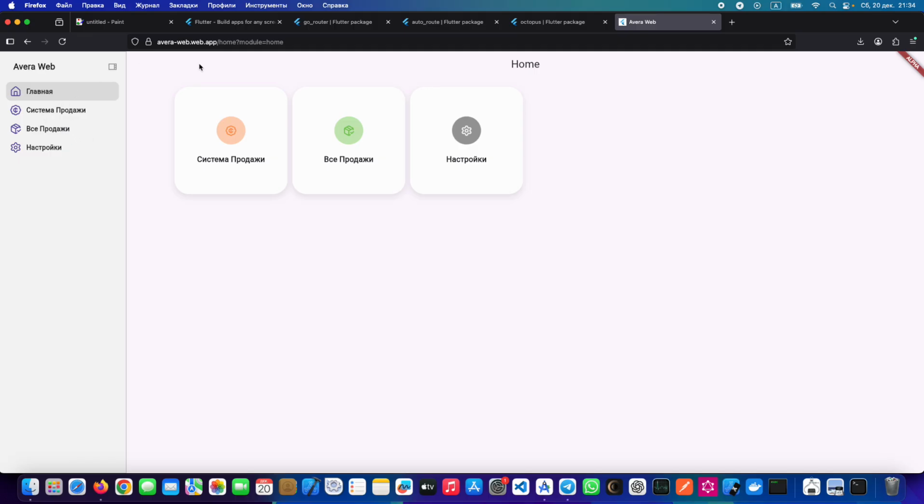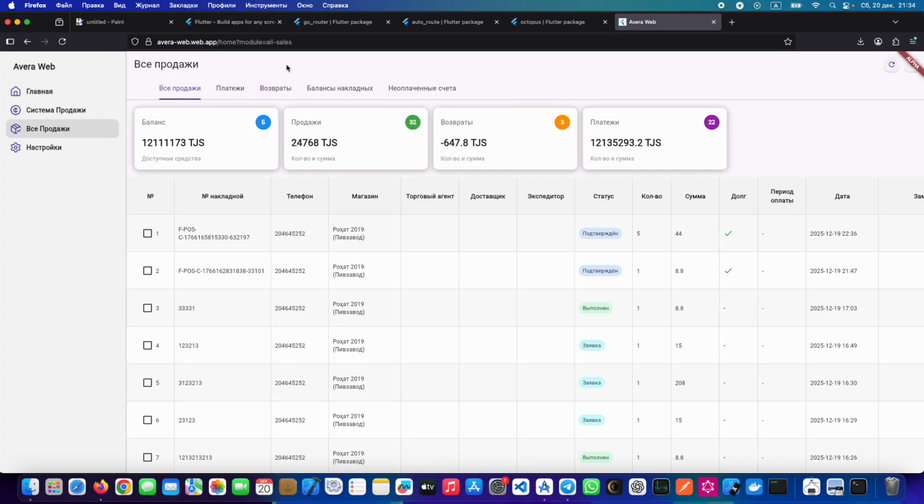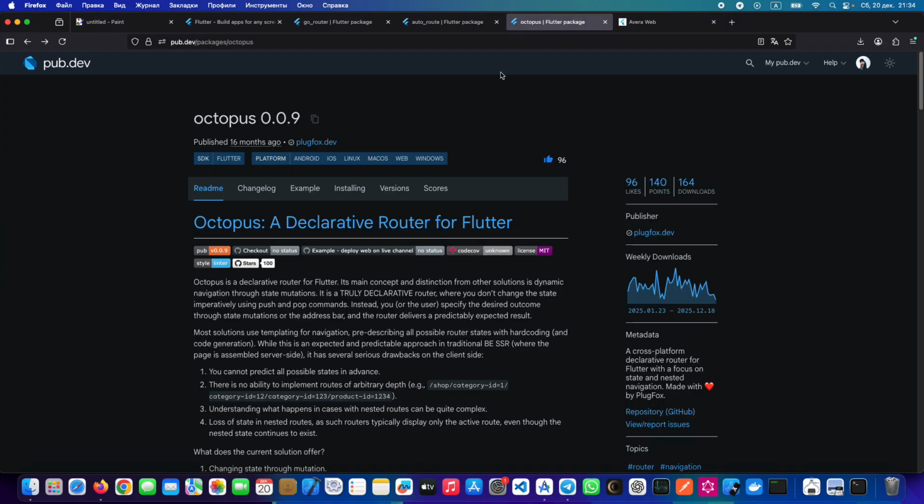So this one also uses Octopus. I didn't do it with my own approaches, I would say, because with your own approaches